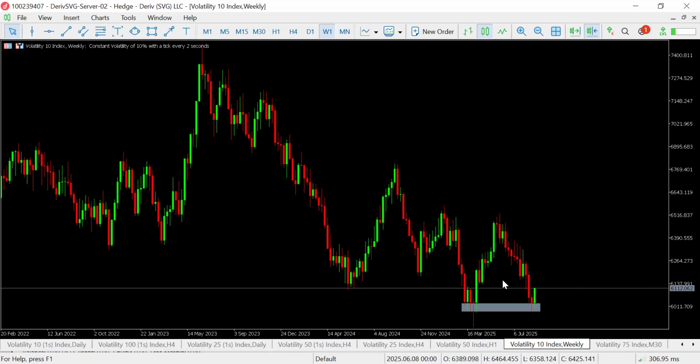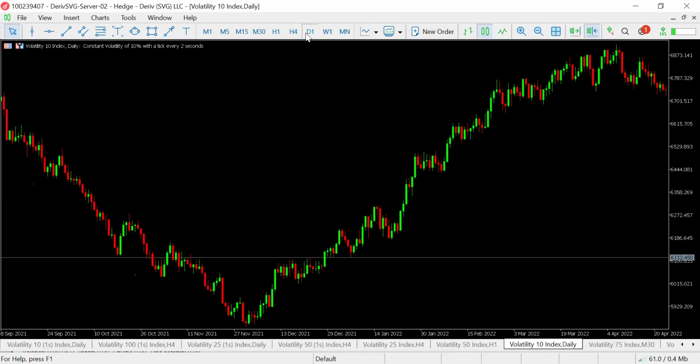But our most recent bias now is that the price of the market is being pushed upwards. You can call it a retracement or whatever it is, but we have a double bottom and then a bullish engulfing candlestick pattern. So the next thing to do, to get the most recent structure of the market, would be to go to the daily